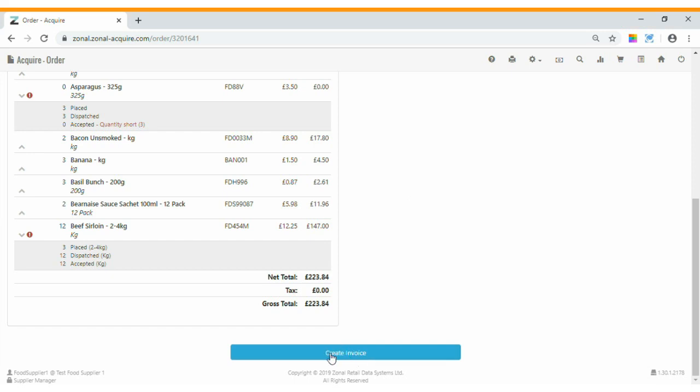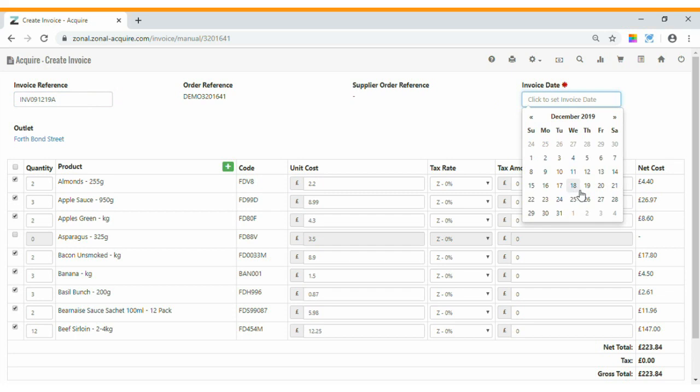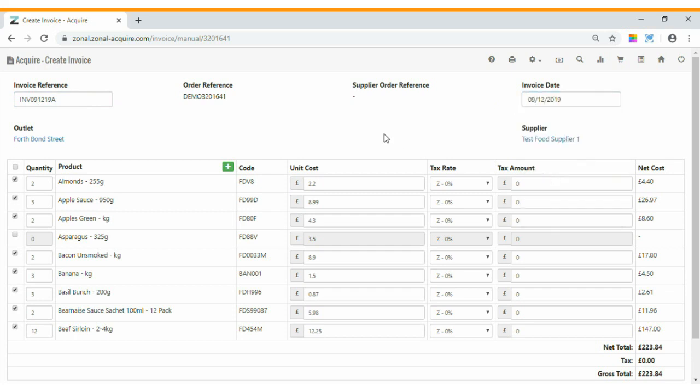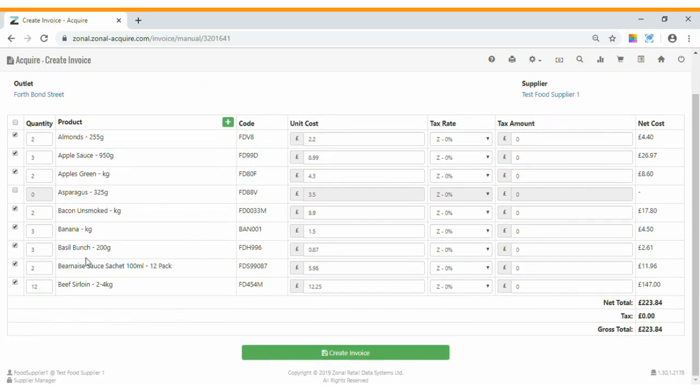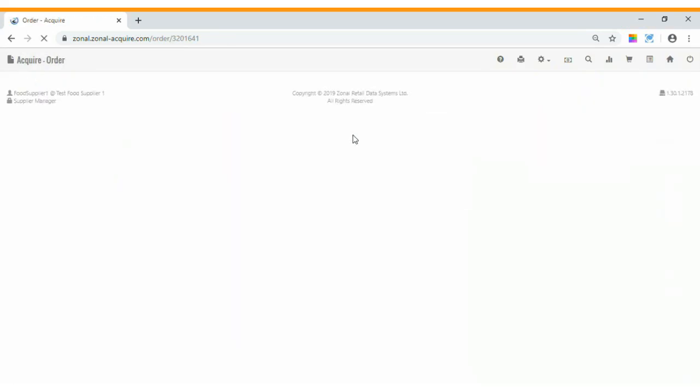So we click on this as a supplier, create invoice button. I can then create this invoice number. I specify the invoice date, and then as a supplier I can then specify exactly what I want to appear on the invoice. So for example, I'm going to change that to be 4 almonds, and I'm going to change that to be 3 asparagus, because that's what, as a supplier, I delivered to the site. And then once I'm ready, I can click create invoice,